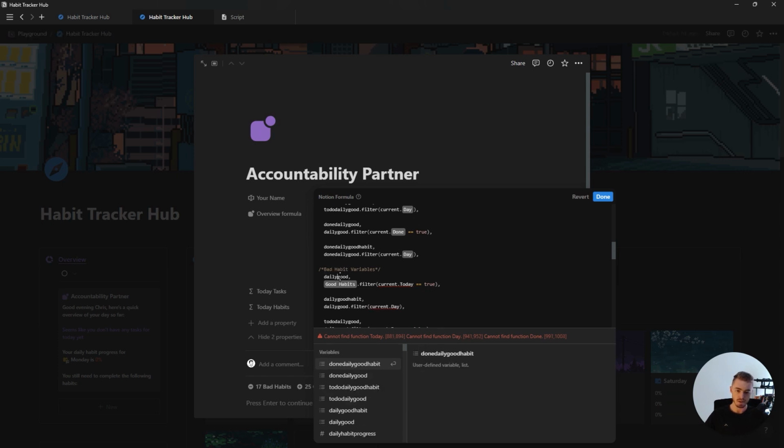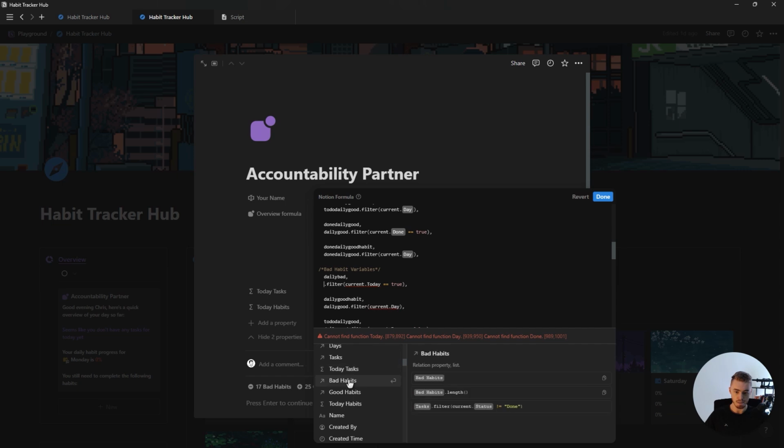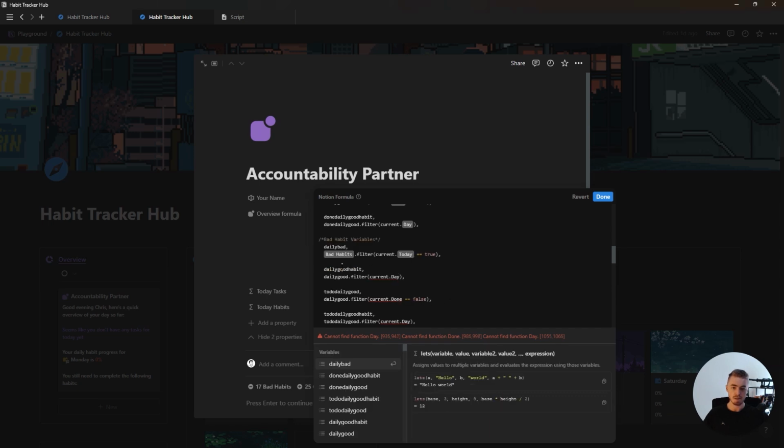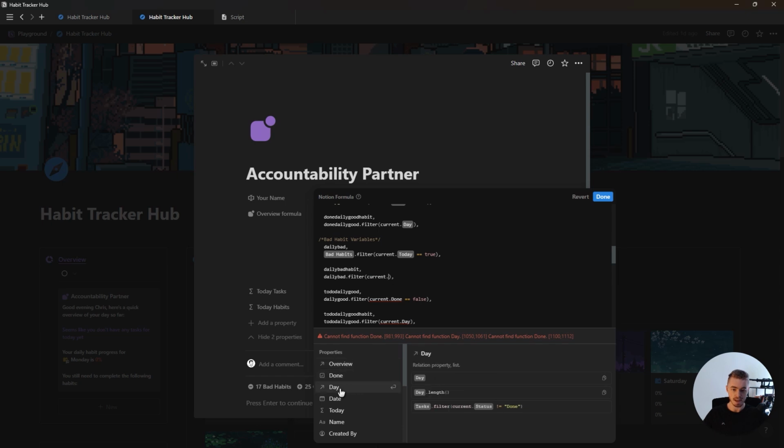So for this first variable, we're just going to highlight good, replace it with bad, delete the good habits relation, and then select our bad habits relation, and then also just reselect our bad habits today property. So it's pretty much the same process for all of them. You just want to replace the word good with the word bad for both variables, and then just delete this day text and replace it with the day property,